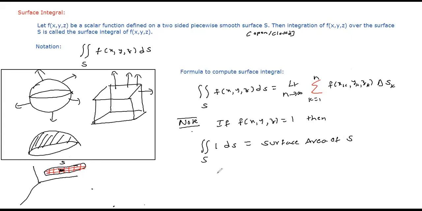So now you know how to find the length of any curve by line integral, how to find the area of any surface by surface integral, and how to compute the volume of an irregular solid by triple integral. Is it okay? These are the three ways you can find all three geometrical measures: length, area, and volume.